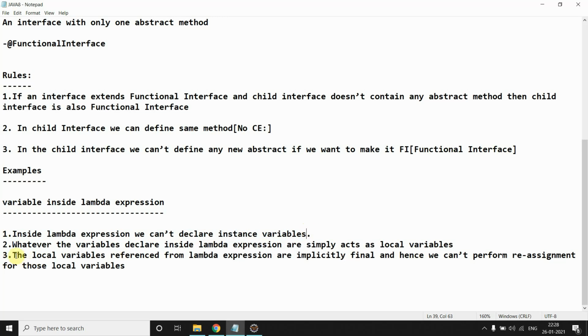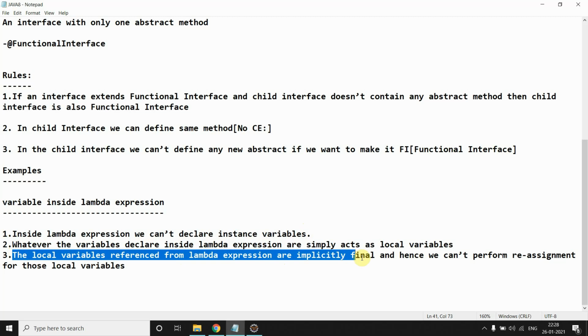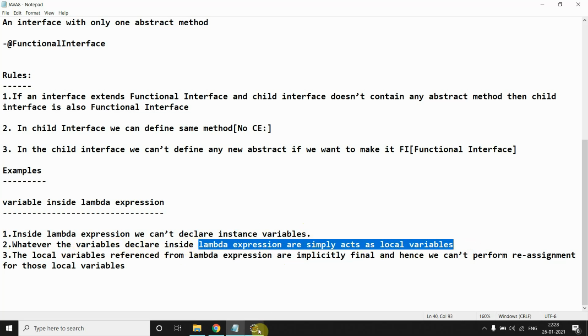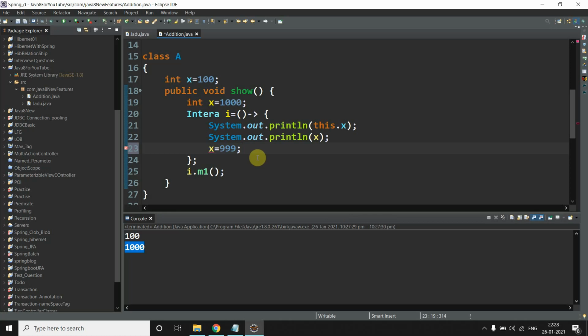And the third point, a local variable referenced from a lambda expression is implicitly final, and you know that we can't change the value of a final. Whatever variables are declared inside the lambda expression are local variables. These are all core Java concepts, but I want to tell you because it is important.